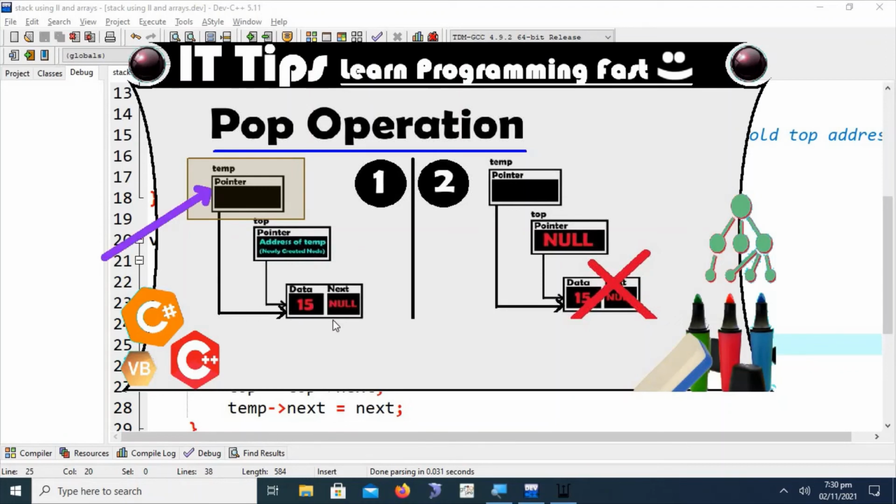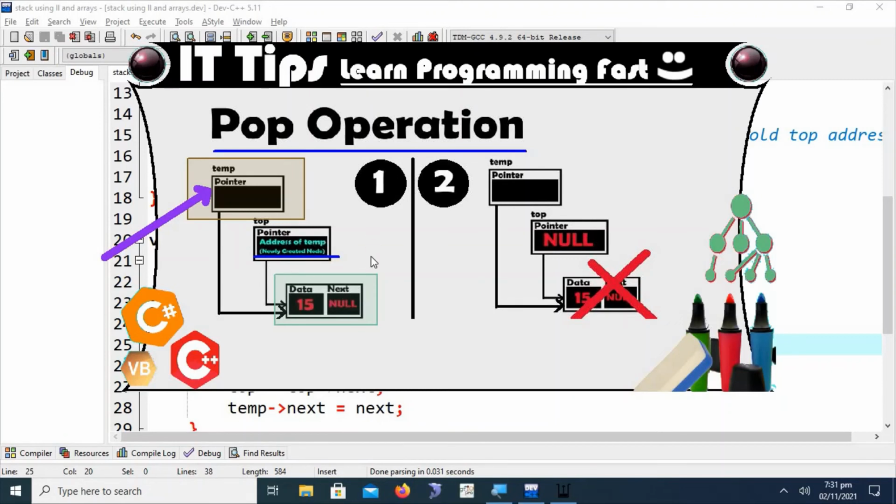Now we are moving the temp node to its node's next pointer. Before this operation, the top node, or stack pointer, was holding this node's address. Now we say that top is equal to top dot next.